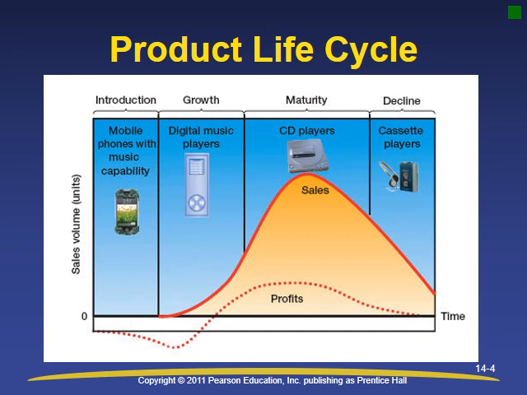The first stage in the product life cycle is the introductory stage, during which producers launch a new product and stimulate demand. After the introductory stage comes the growth stage, which is marked by a rapid jump in sales and usually an increase in the number of competitors and distribution outlets. As competition increases, so does the struggle for market share.